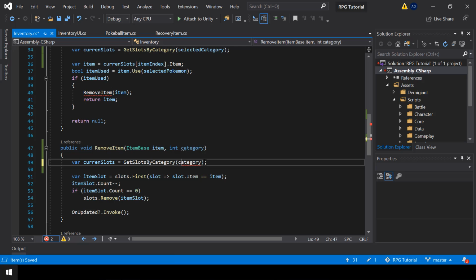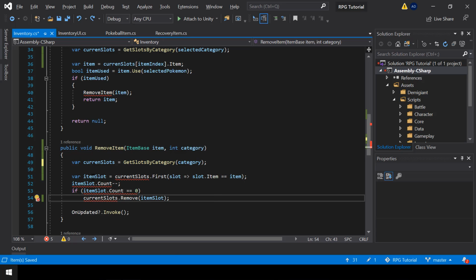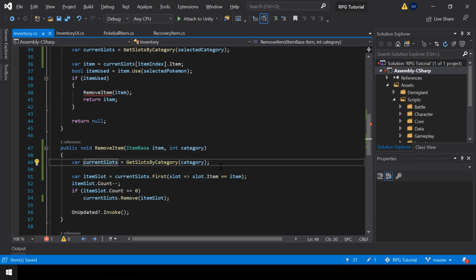Okay, here we have to use category, and finally I'll use the current slots instead of using the slots directly. Let me just fix the typo here. All right, now we'll have errors since we changed the parameters of the function.